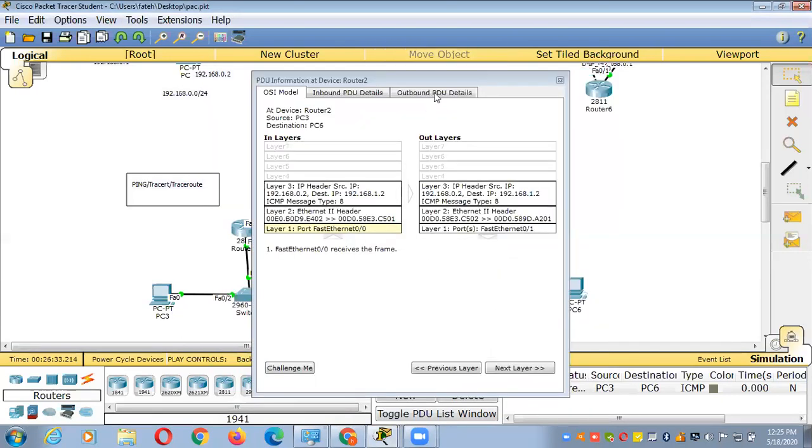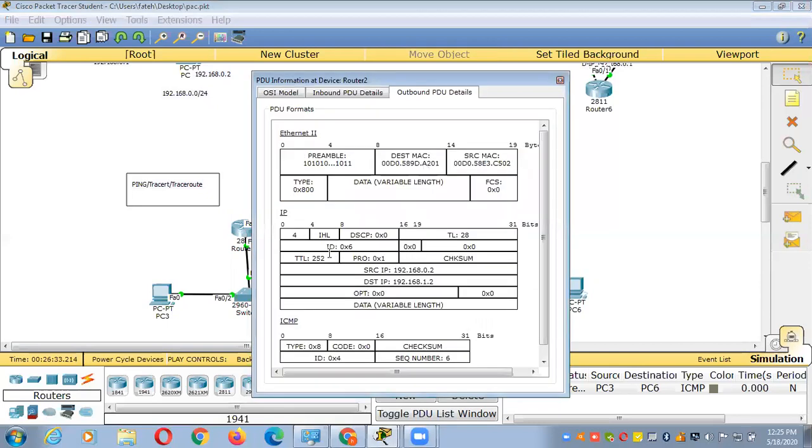The TTL will be 252. So how will TTL prevent the loop here? When you are sending the traffic from source to destination, the TTL starts at 255, but when you are sending the traffic toward the internet, the TTL will decrement.